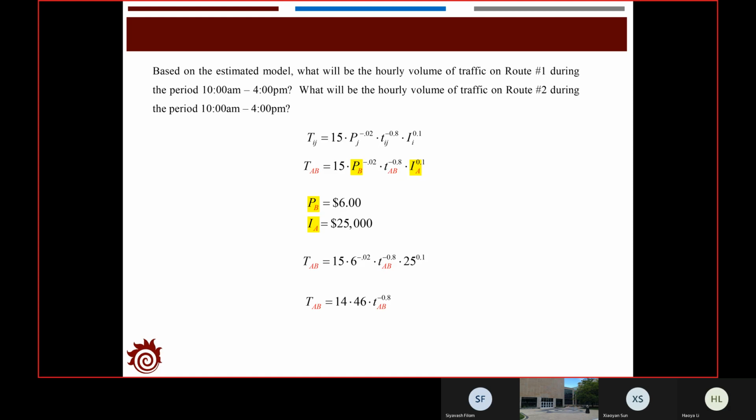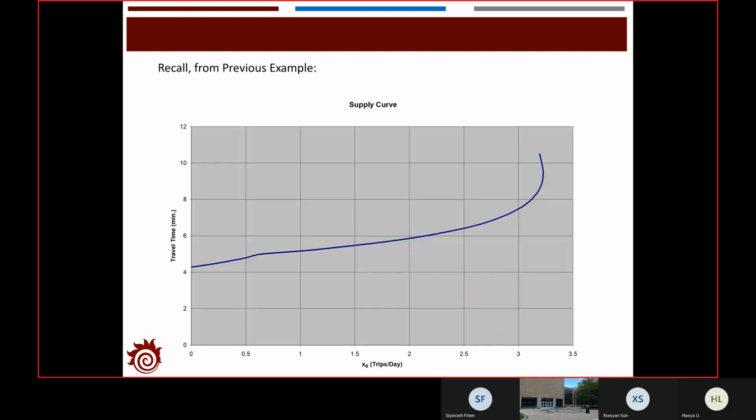So this is the total number of the flow. The total number of the flow traveling from A to B on both route 1 and route 2, so the flow in route 1 plus the flow in route 2. And now